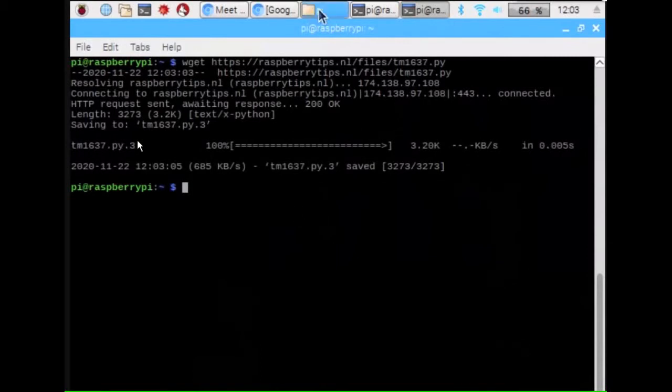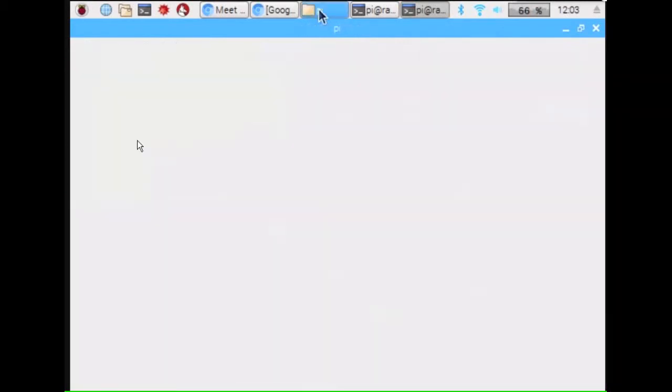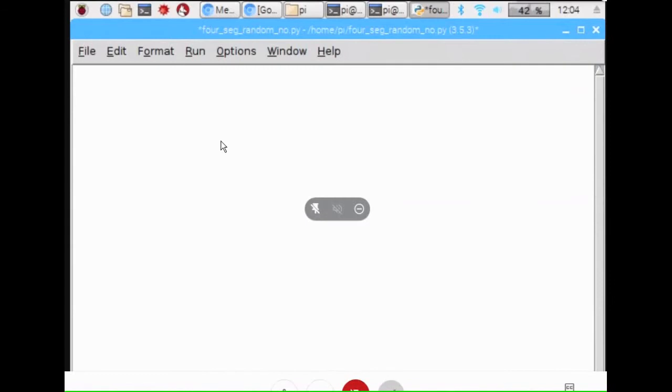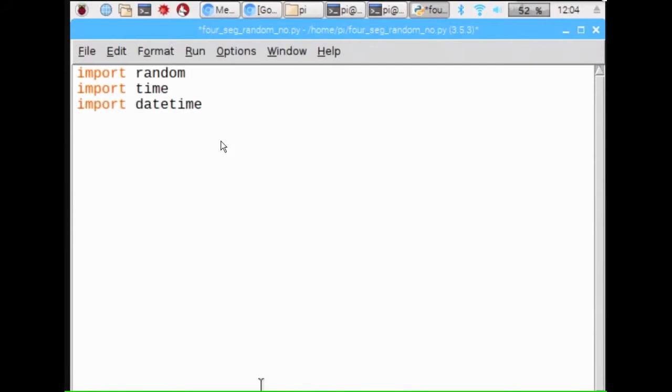Now open our program for random digit display. To start with, we use import random module for random number generation, import time to delay the output, import datetime, import RPi.GPIO as GPIO.